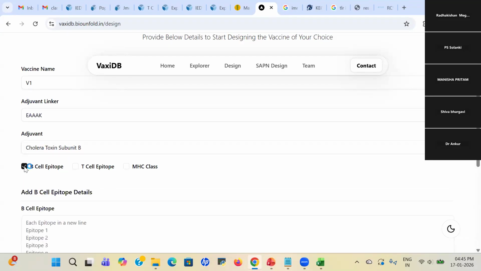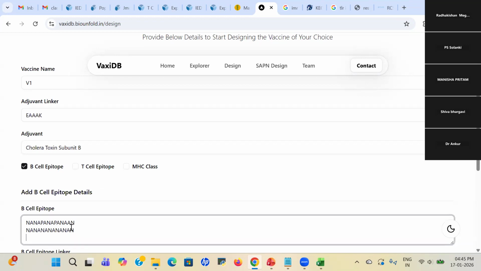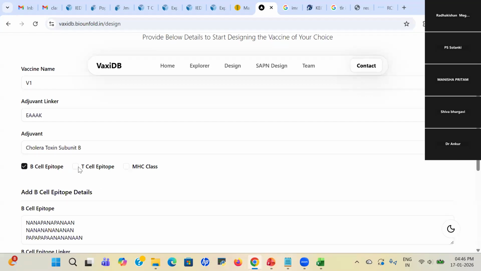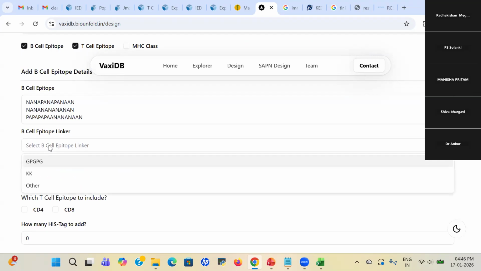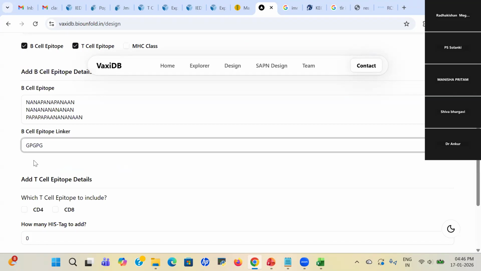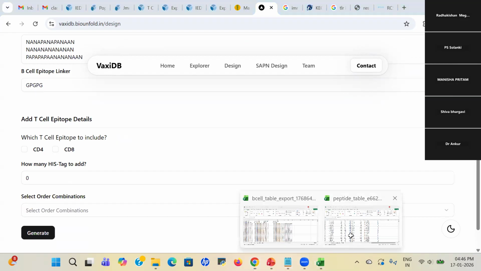And if you have predicted some epitope, you can write it here. For example, I'm just typing a random epitope. Suppose you predicted this B cell epitope, and you also predicted some T cell epitope. Before going for T cell, we have to also select some linkers. For B cell epitope, you can select this or any other linker. So right now we have